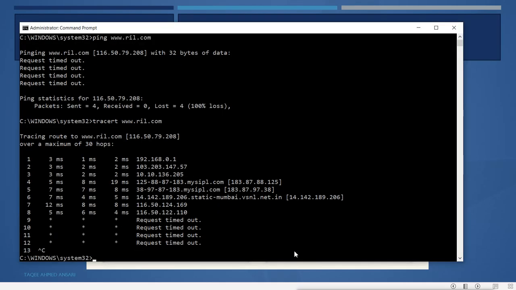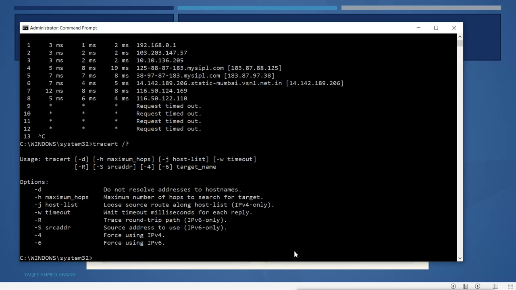Now in traceroute, if you search the options, these are the options you can run. Like we can run the -n option to not resolve the addresses to host names. It is trying to resolve the names, so if you do not resolve, then you can do it fast. Then there is the maximum hop count, by default 30, so we can increase it.